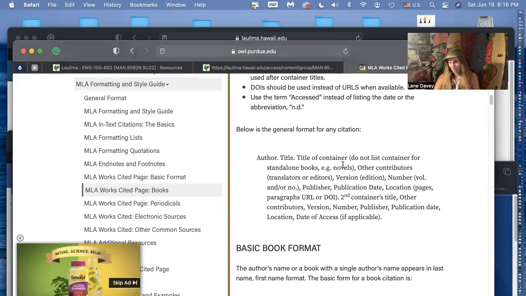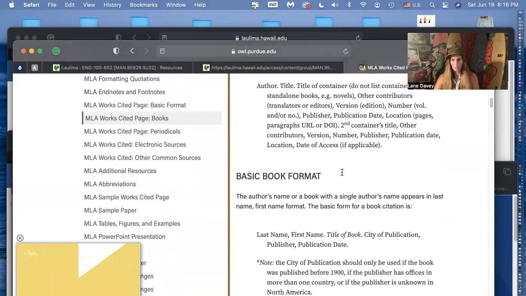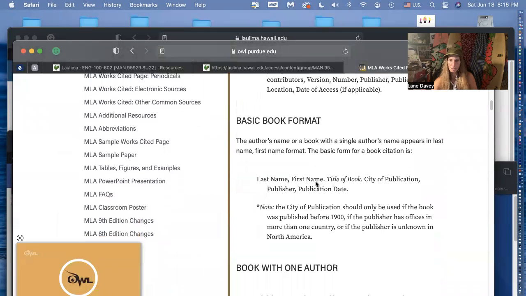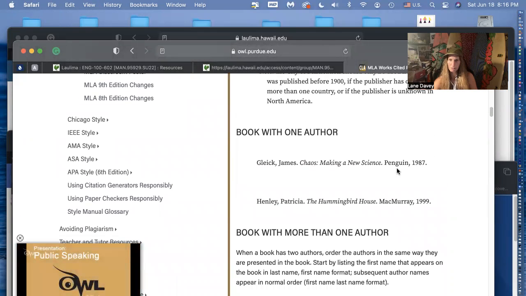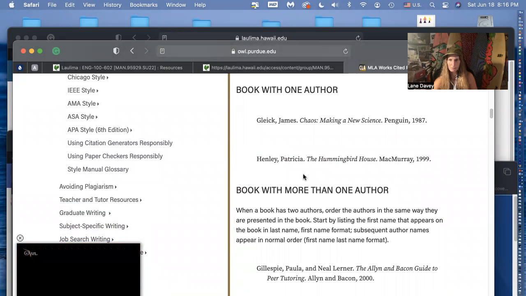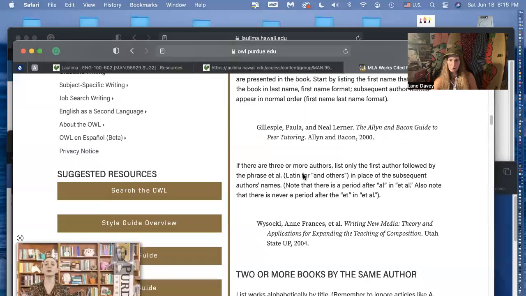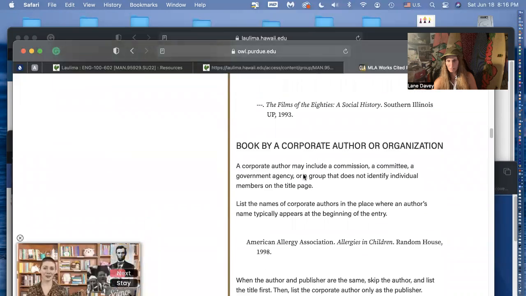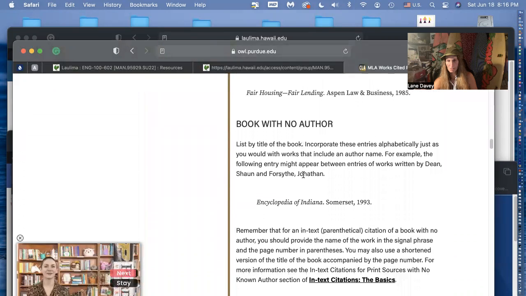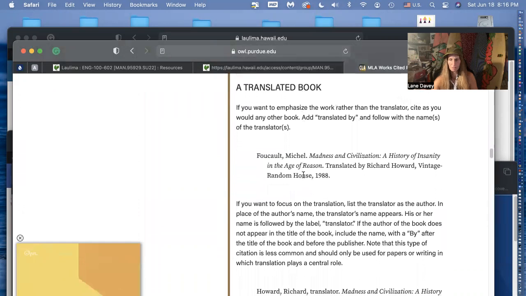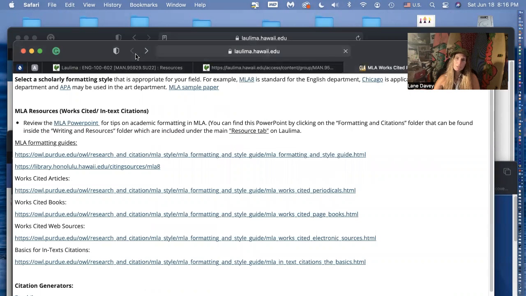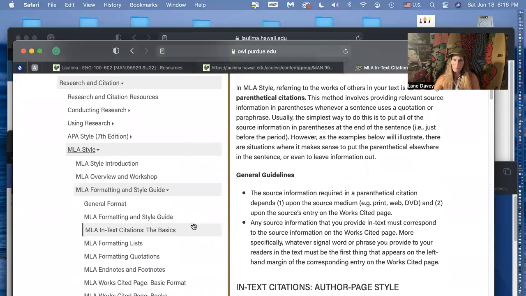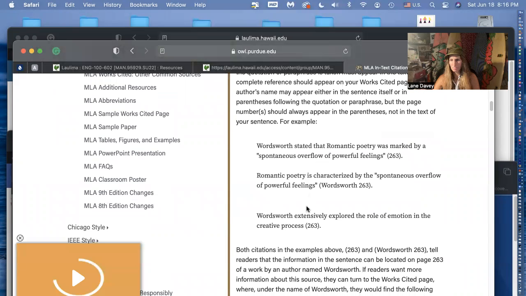And this is basically what you're looking to put it in, the format. But there's these examples, right? Right here. So just follow that. And let's see. Some of you are getting a couple things mixed up. Let me just go try one other thing. In-text citations. This gives you an example of how it looks in text.